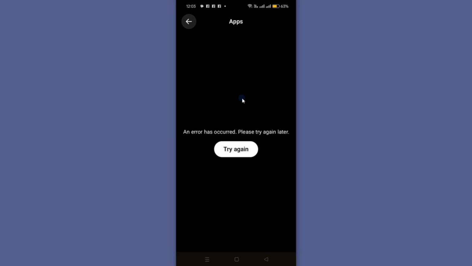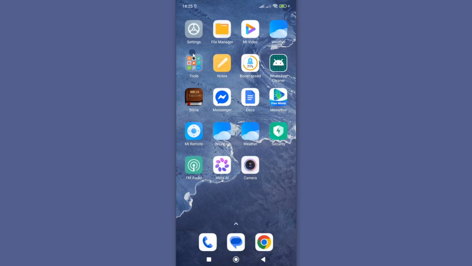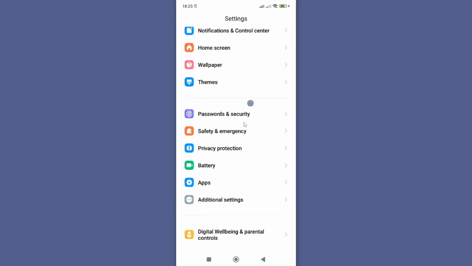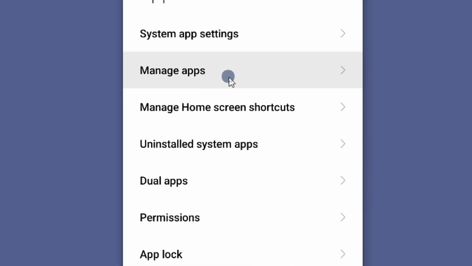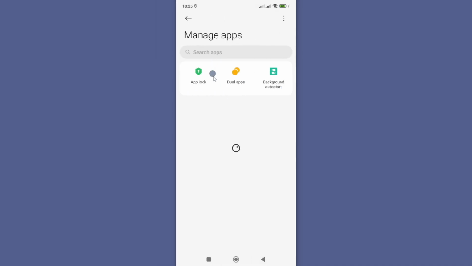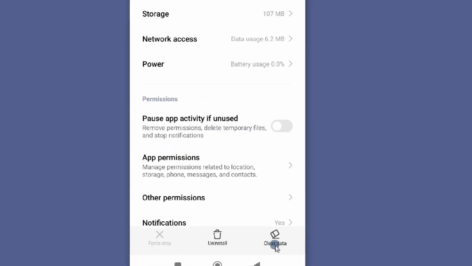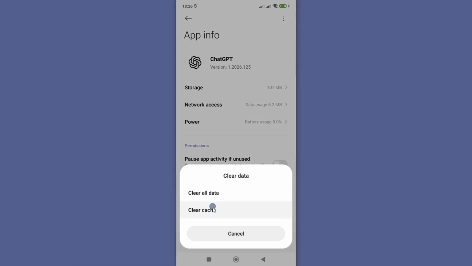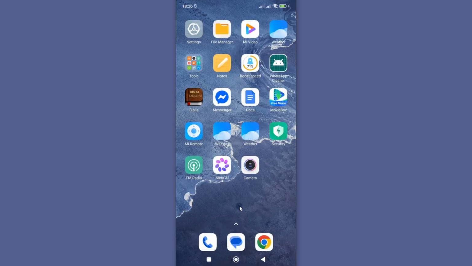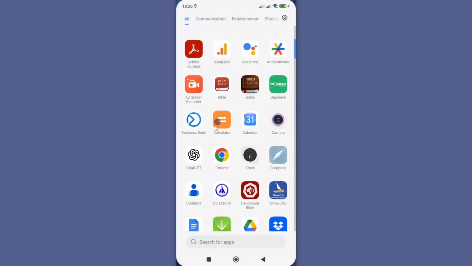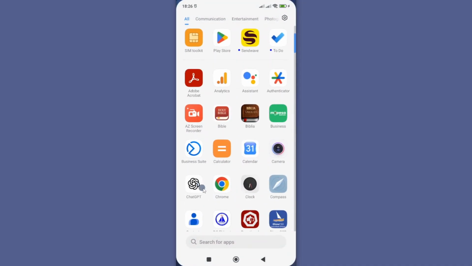However, if on a new thread you still experience the same error, then on your smartphone, go to settings, and from settings look for apps, and under apps go for manage apps or all apps, and this will list all the apps you have on your smartphone. From the list, just search for ChatGPT, and here you need to go to clear data and then clear cache, and okay. Once you're done, now restart your smartphone and then open your ChatGPT, and now everything should be working